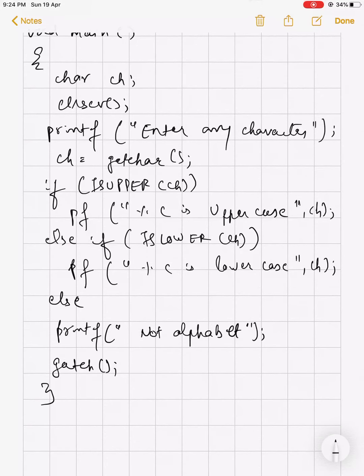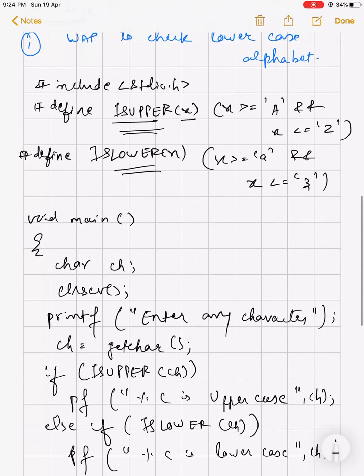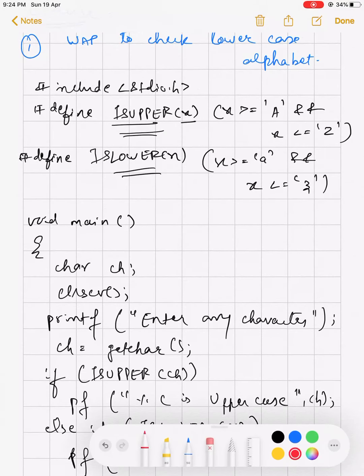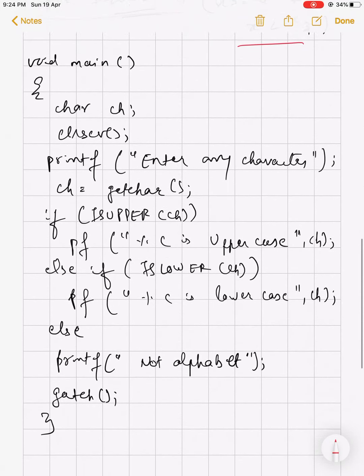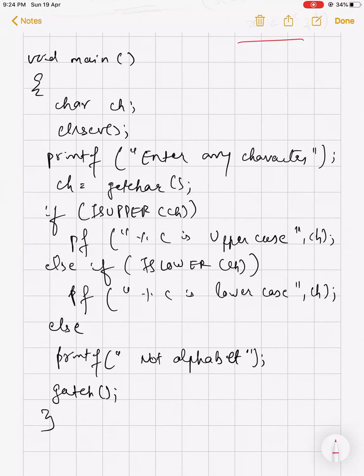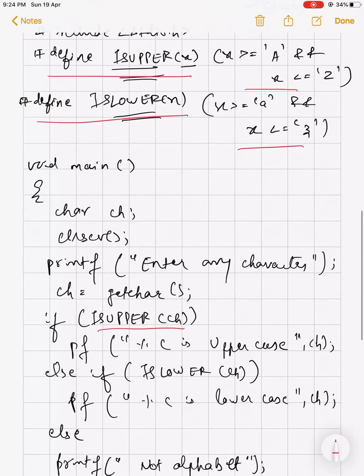Now check what is going to happen over here. We have already defined is upper and is lower with the given conditions, so it is already processed. So how it is going to see now: if is upper ch means that ch.